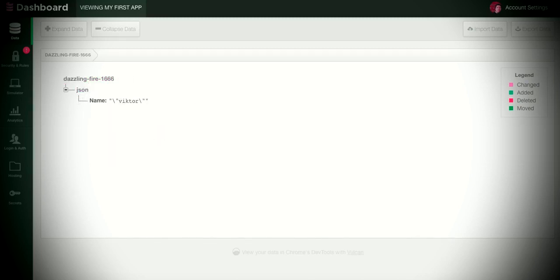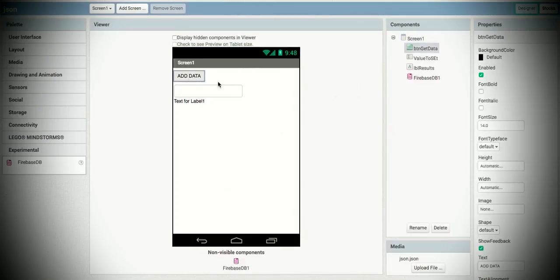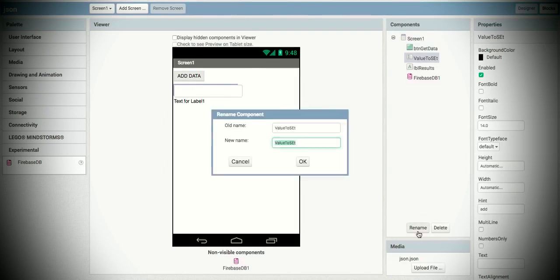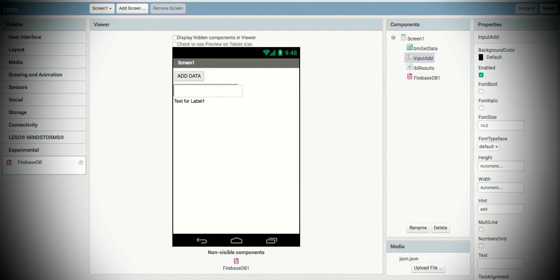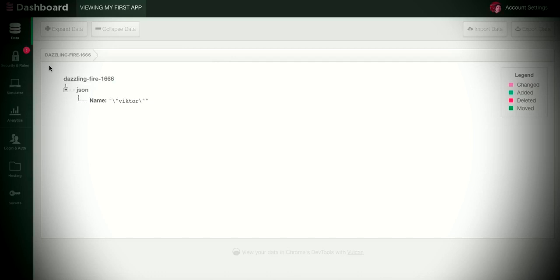So how do we connect Firebase with App Inventor? After we create a button, you have an input value. Let's create an input, let's say input add. And we have a label, and of course the Firebase component. Here it usually comes with a default, and Use Default is checked. You're going to uncheck that one and change this, and we're going to get that information